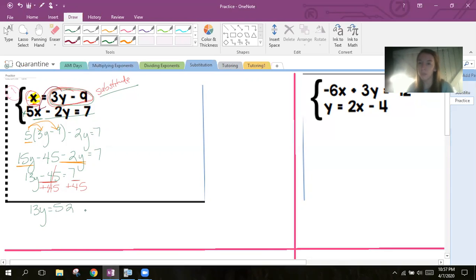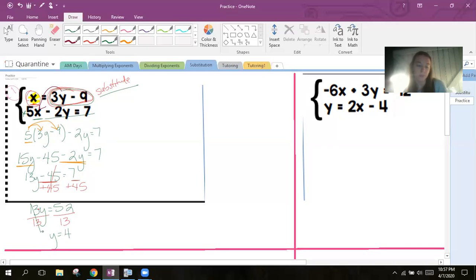All right, I'm almost finished. Remember, the goal is to solve for that variable. We're trying to find that x variable and the y variable where those 2 lines are going to be crossing on our graph. We're almost there. We got to get the y by itself, so we got to get rid of the 13. That's 13 times y, so I'm going to divide by 13, and those 13s cancel. Y equals 52 divided by 13 equals